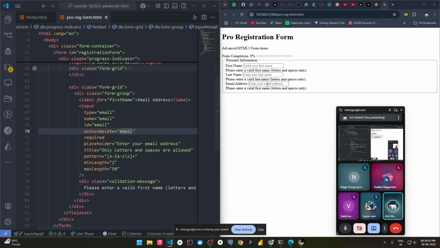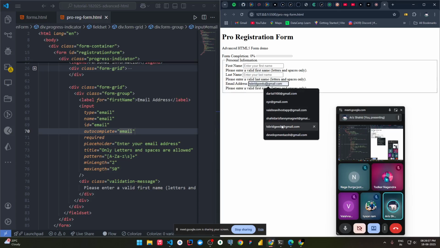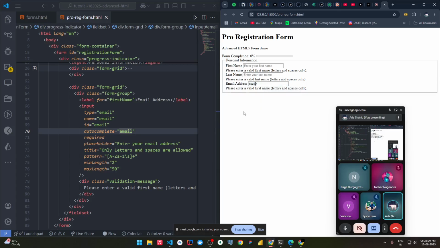So whatever suggestions will be having here, okay, it will autocomplete for us, like if I type XYZ, it will show an autocomplete drop down. Okay, and placeholder is okay. Enter your email address,